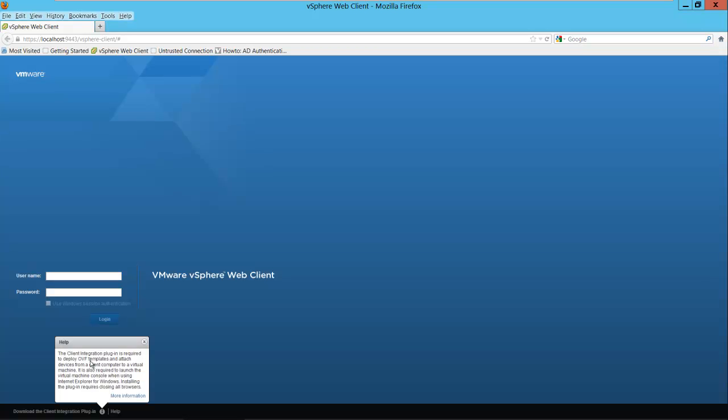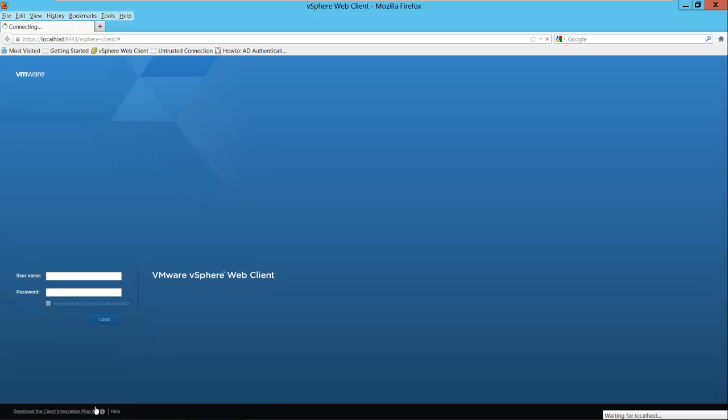If you want to deploy OVF templates, attach devices from a client computer to a virtual machine, if you want to run the virtual machine console from within the web browser, and if you want to use your Windows session credentials, you'll have to have this plugin installed. So you can select this particular link here, download the client integration plugin, and you'll download this and then you